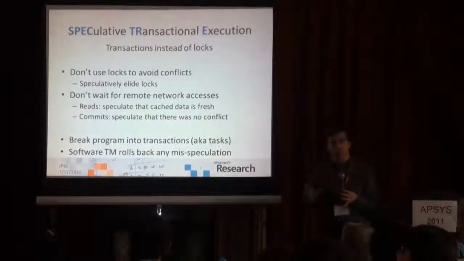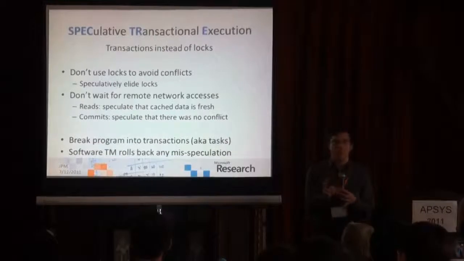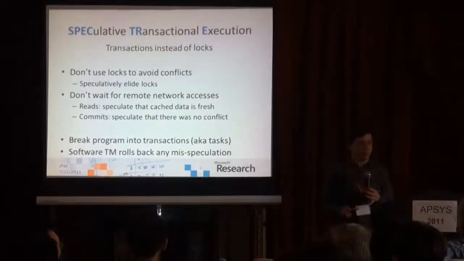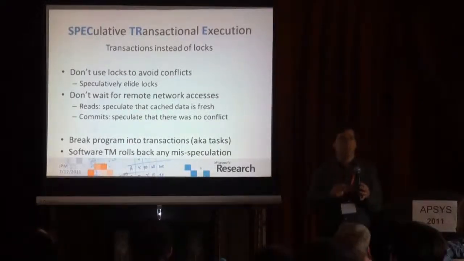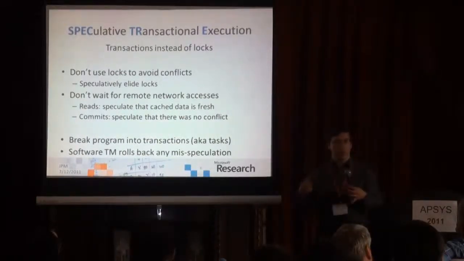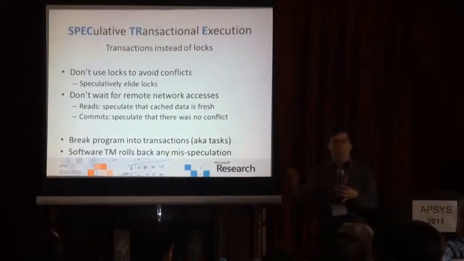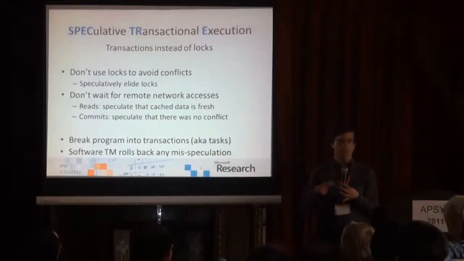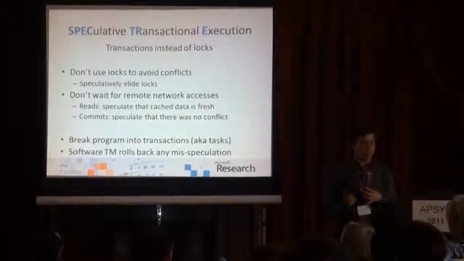So what we want to do is take this distributed shared memory, but make it run faster and more efficiently to make it practical to use in the cluster. So instead of using locks, we're going to use transactions. We're going to have everybody read and write whatever they want, and when they're done, we can compare the read and write sets, figure out if there was a conflict, and if there was none, we can speed ahead and win a lot of time. So we don't need to wait for the machines.